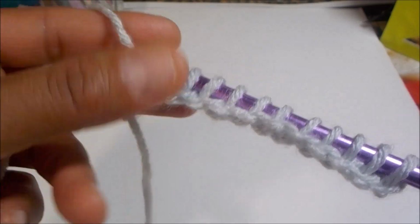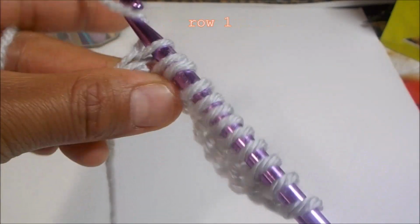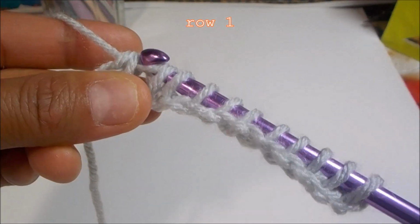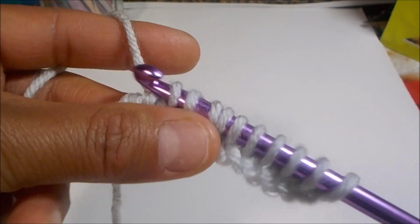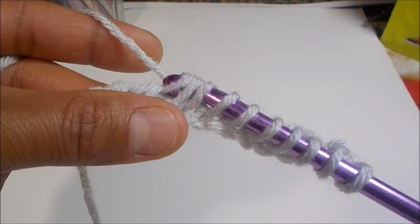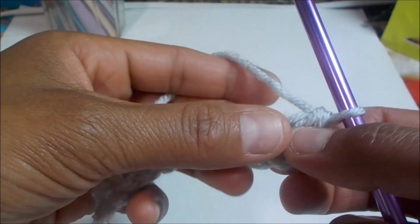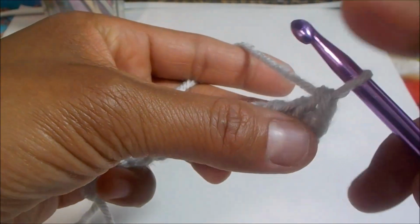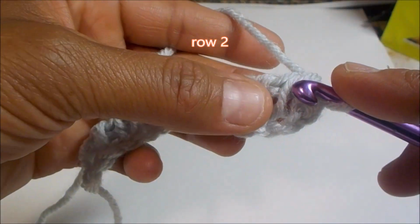So pull up one loop, and then you're just going to pull your hook through 2 loops all the way down. Okay, and I'll meet you right back here. Just a sec. Okay, so we're going to skip our first bar as usual,